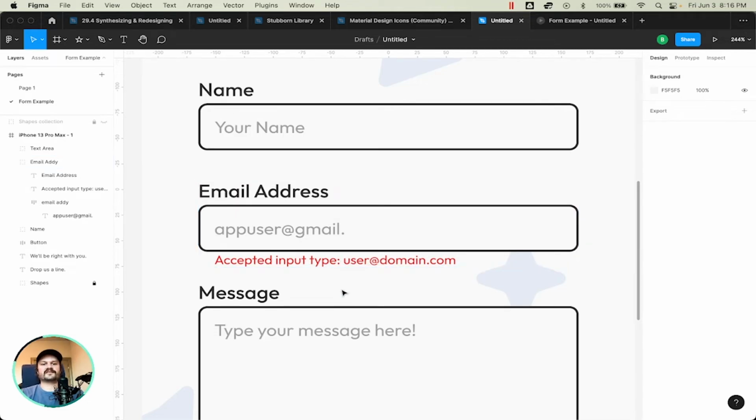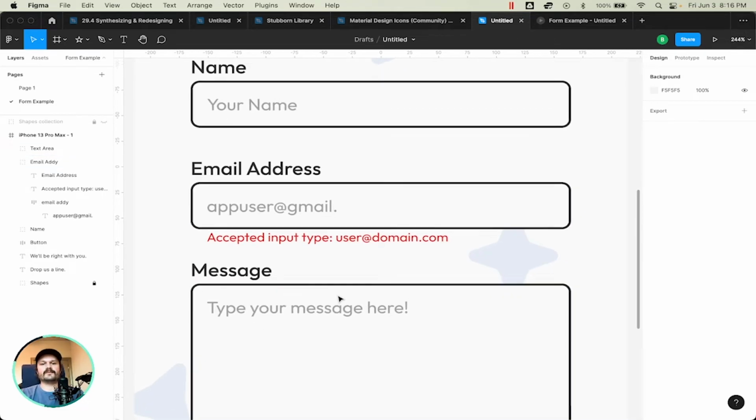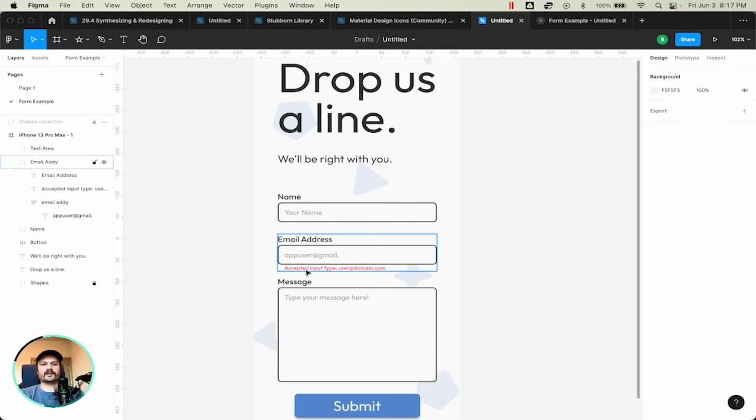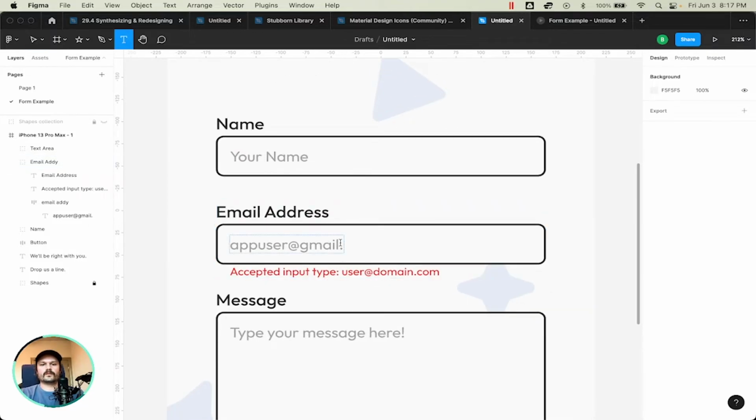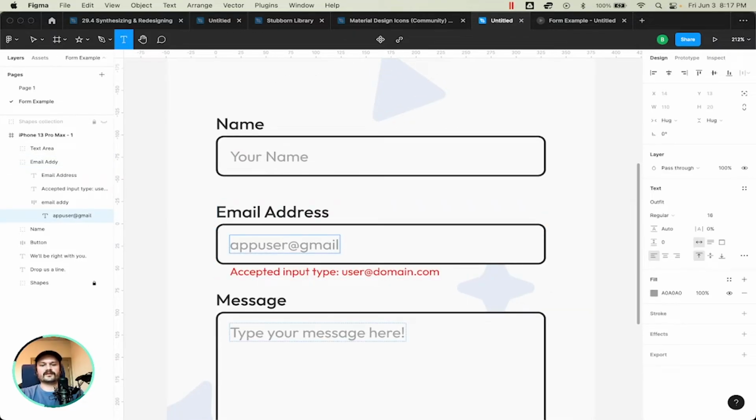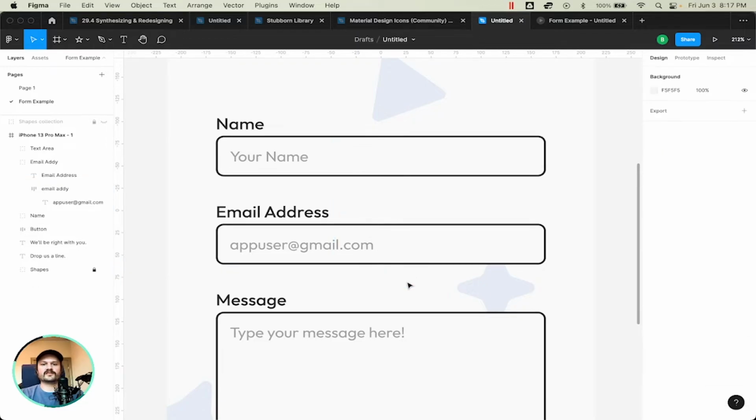And this is just an example of, make room on your design for corrections like these to appear if they need to. Depending on what the user puts in, it could just be Gmail space com or whatever the case may be. But that's definitely something you would want to keep in mind, to have adequate space here to begin with,